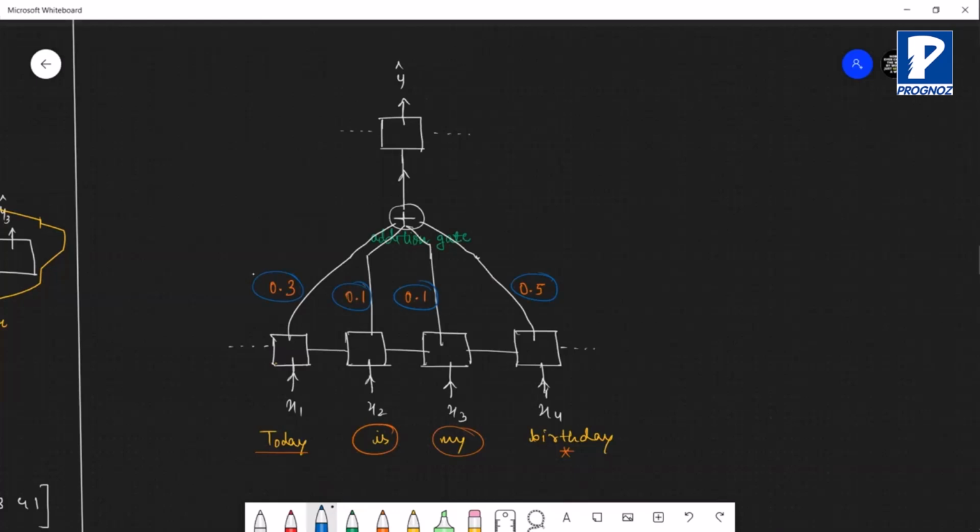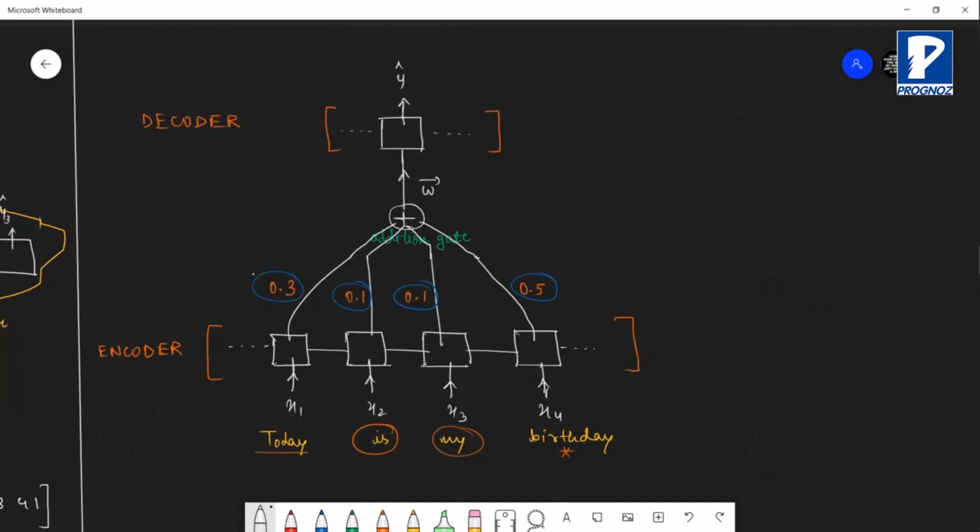As I told you, this section is going to be known as the encoder part. So this is your encoder, and this is your decoder. The encoder-decoder concept is still the same. The input coming out from here is your context vector.